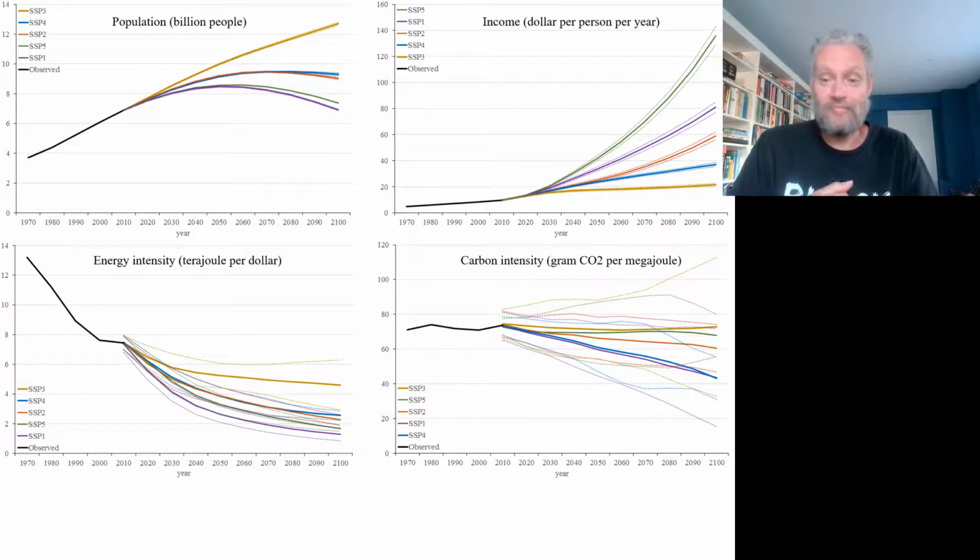The issue with this scenario that makes it, I think, less than plausible is that we're running out of cheap coal. We basically dug all the cheap coal out of the ground. There's more left in Australia and places, but that is coming to an end. But if we're really going to use all the coal that is in this scenario, then you need to start digging for coal that is there. That's not the issue. It's physically there. But that is very deep coal, or coal in places like Antarctica that is very hard to reach. And that means that it will be very expensive to mine.